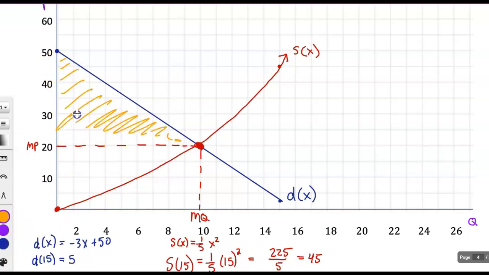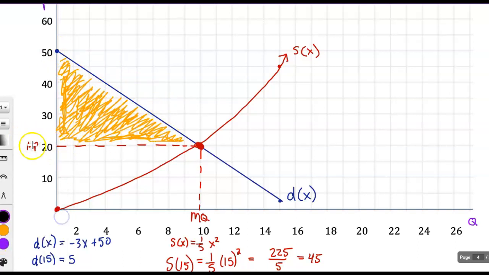So here's consumer surplus. Okay, I'm willing to pay everything up here, right? I'm willing to pay all of this, but I don't have to. I only have to pay the market price. Okay, so I was willing to pay anything up here, but I only have to pay the market price. So this is consumer